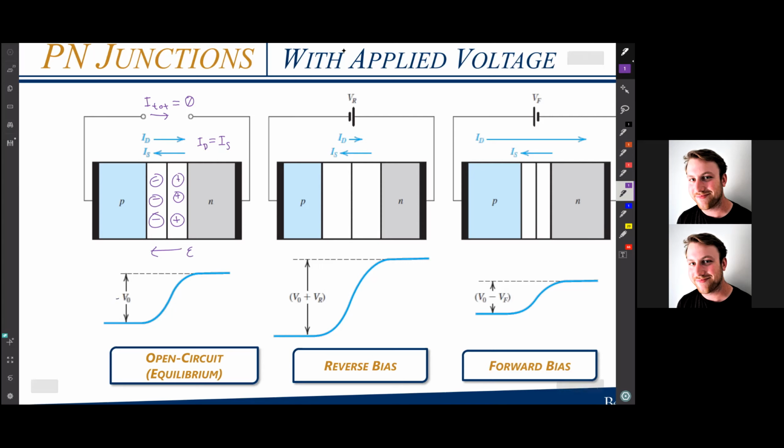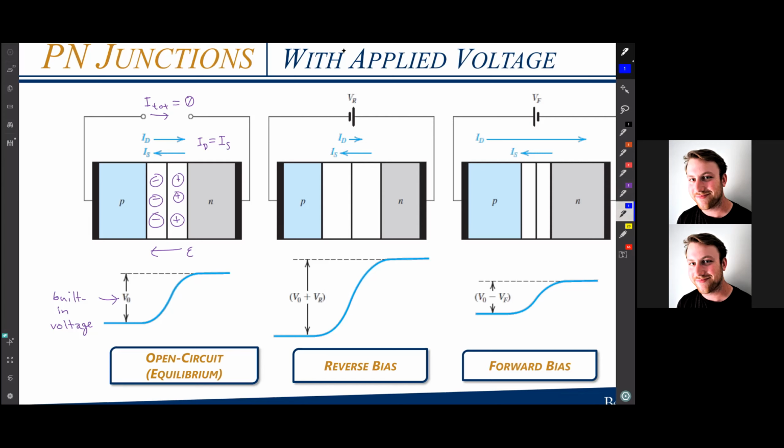So for the open circuit, we have this built-in voltage still. And then if we apply a reverse bias, we actually increase that built-in voltage, or the effective barrier voltage. When we apply a reverse bias, we increase the depletion region such that fewer atoms are able to diffuse across. And so our ID, the diffusion current, is going to go down to the point where IS will dominate. IS is the drift of minority carriers